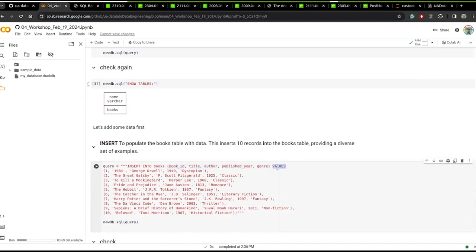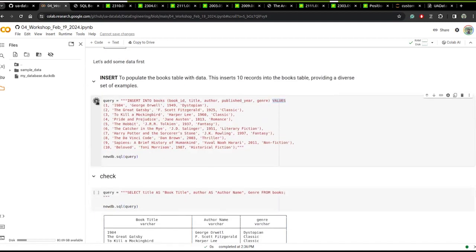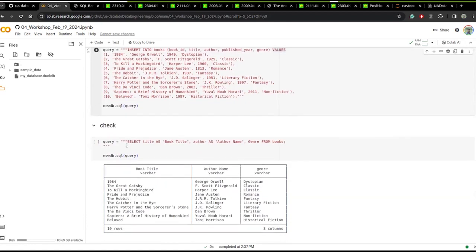And then you say, okay, once you define the order of your input, you can say insert all these values. And then you have these parentheses, and you start putting book ID, book number 1, 1984, George Orwell, 1949, and the genre is dystopian, and so on and so forth for all the 10 books. You have this command, just insert it into the books table, and to check if this data is inside your table, we just do a select command like this, and how data filtering is given